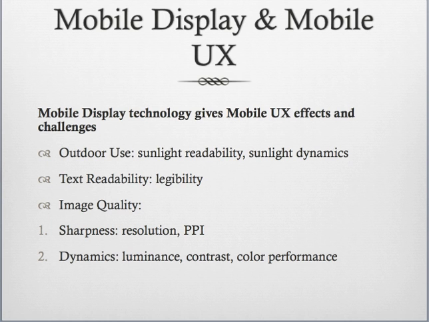We usually use our phones inside and outside. Besides that, sunlight readability and sunlight dynamics are really important. You don't want to be unable to read the images on your cell phone outside under the sun. So when you do user experience design, you probably care about the lights, the color you use, or the graphics you use, like we will mention next, the text